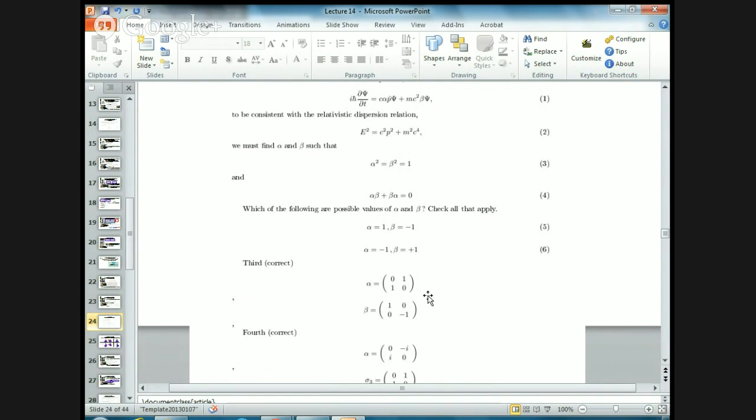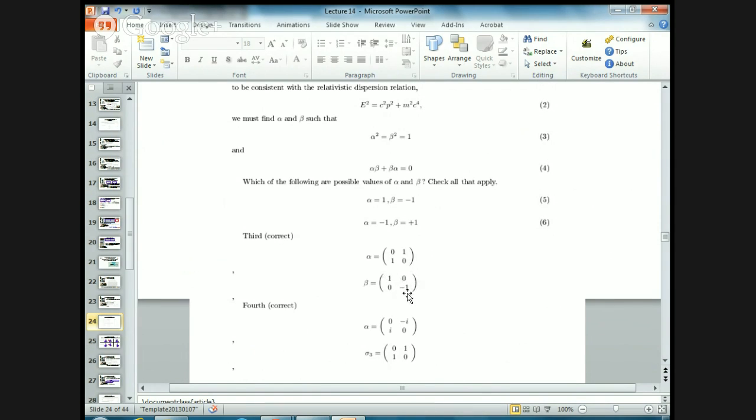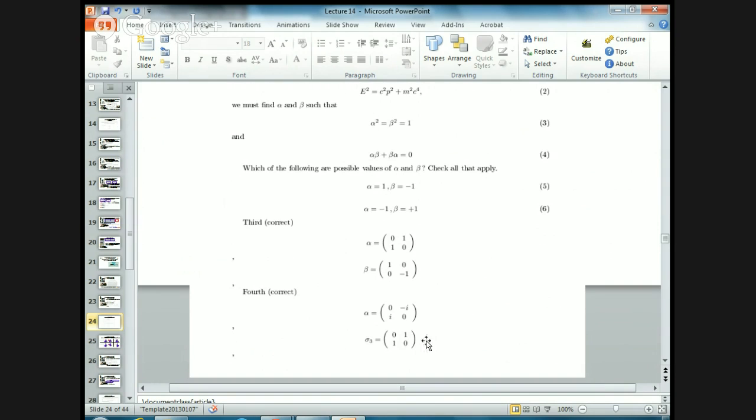And so you can choose. Here I've chosen, I'm sorry if you can't see this, one correct choice is alpha is the conventional sigma x, where sigma x is a Pauli matrix, and beta is the conventional sigma z. Another equally correct choice is that alpha is the conventional sigma y,